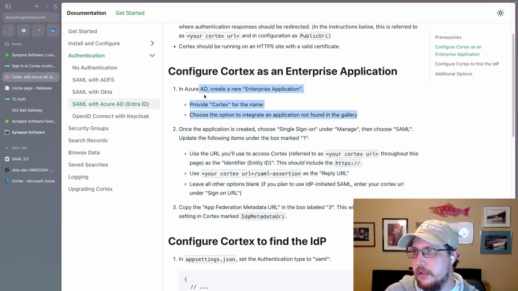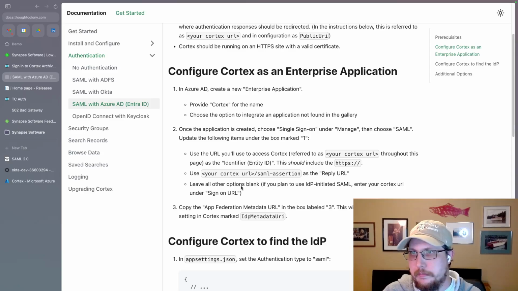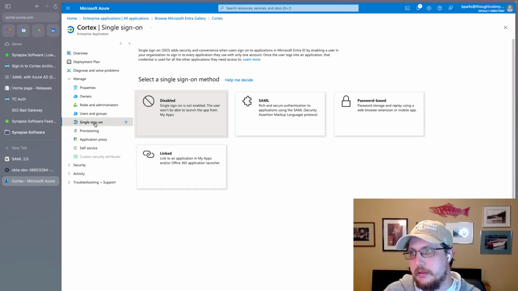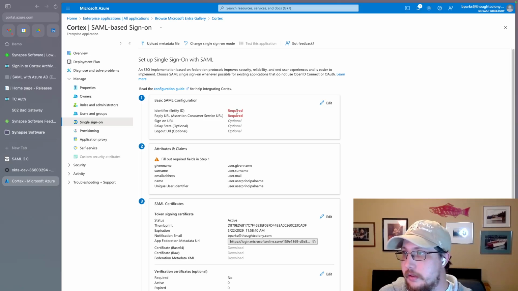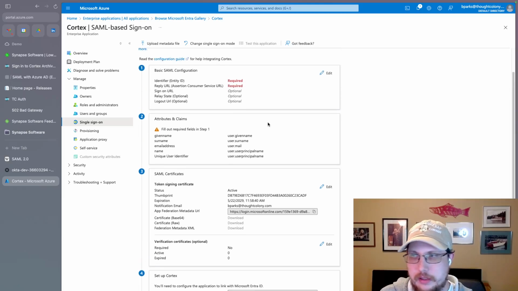We just did step 1 and now we're waiting. We're going to do these other 2 steps, and that's going to be it for the demo. All right, so we've got some stuff. We're going to go over here to set up single sign-on. Brings us down to this tab down here. I'm going to say SAML because that's what we're setting up. And you'll notice that there are a few things that are specifically required and then a bunch of optional stuff. And it basically corresponds to the same stuff that Okta was asking about, right? All right, so